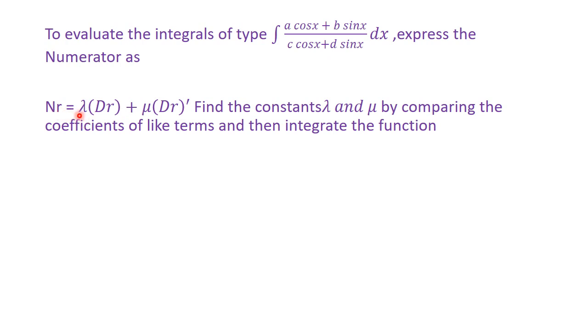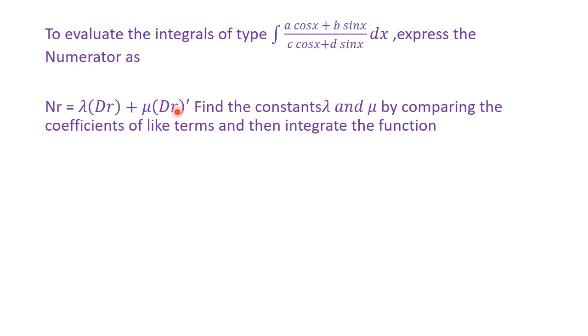Numerator is equal to lambda, and in place of lambda and mu you can use the symbols capital A and capital B as per your convenience. So lambda into denominator, plus mu into the derivative of the denominator. You can simply write mu into d by dx of